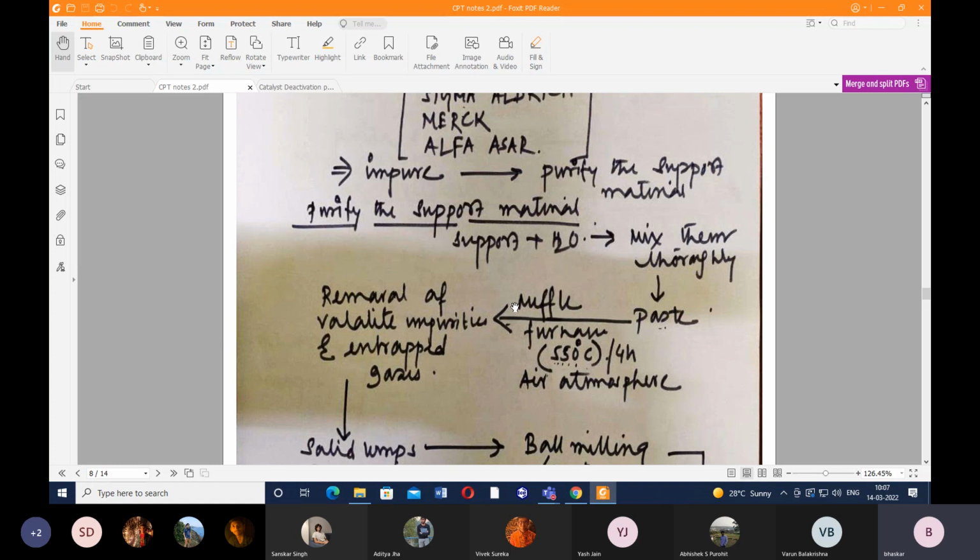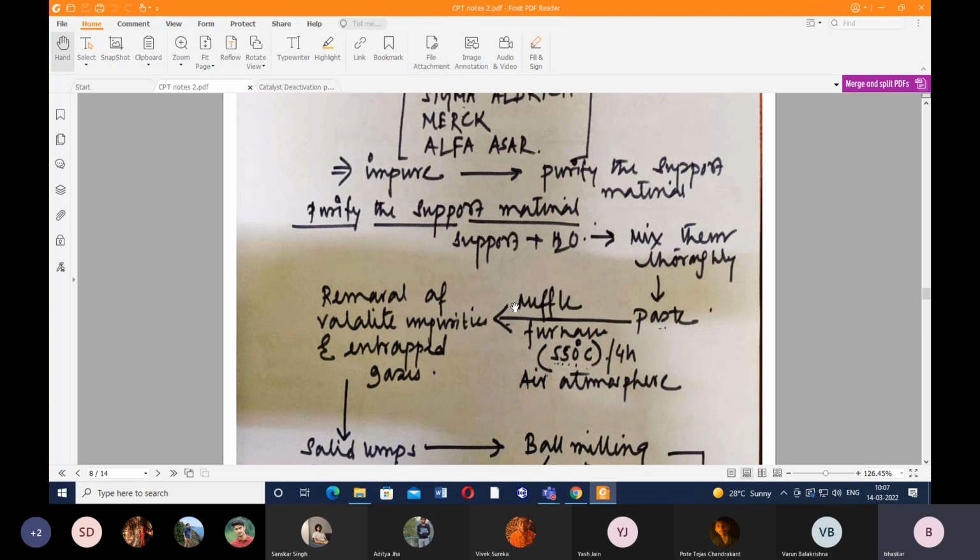After that, we transfer this paste to a muffle furnace operated at around 550 degrees Celsius for 4 hours under air atmosphere. The supports we are talking about are basically non-carbonaceous in nature. If the support is non-carbonaceous, then we don't need to use any inert atmosphere. If we have a carbonaceous support material, then one has to provide an inert atmosphere like nitrogen, helium,